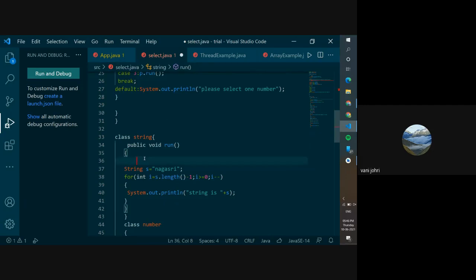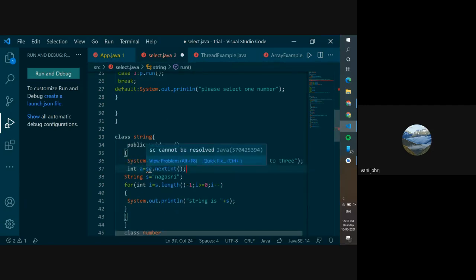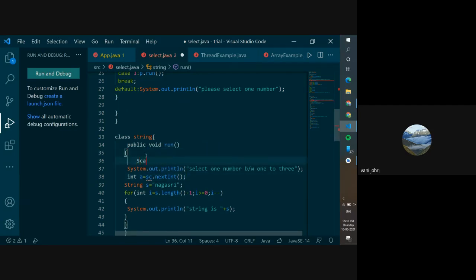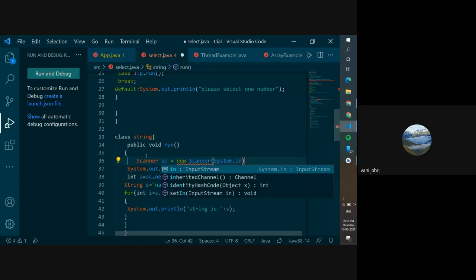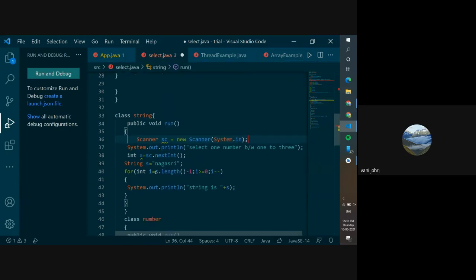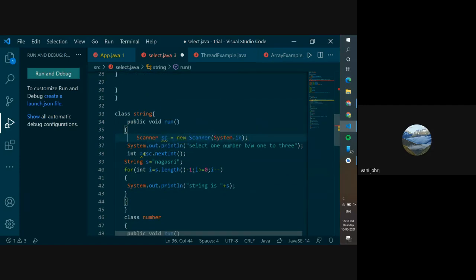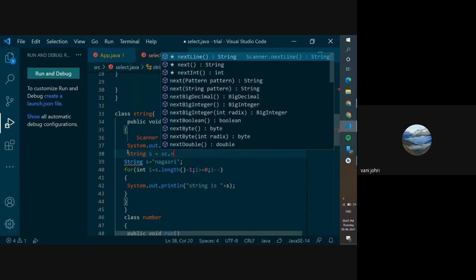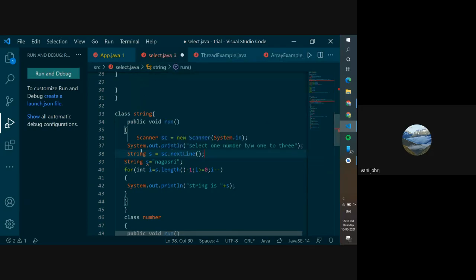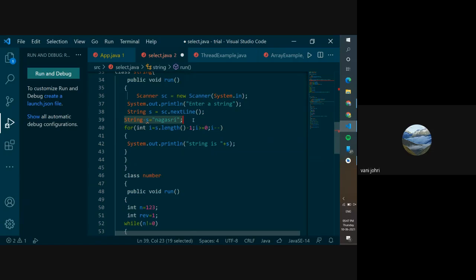So in the reversing the string part, you're supposed to take an input, and because you're making them enter strings, you had string s equals sc dot next line, and this would have been changed to enter a string, right?